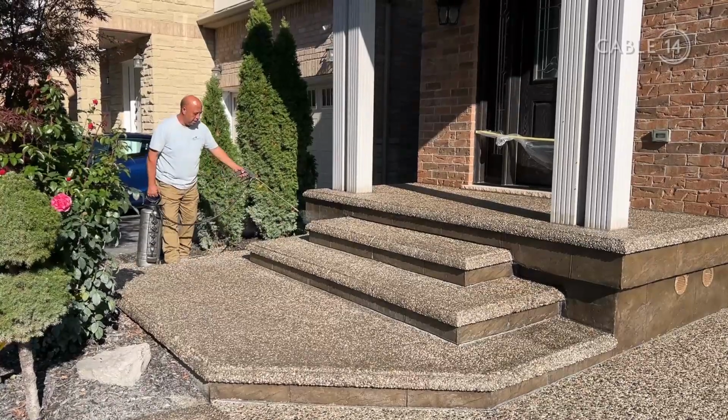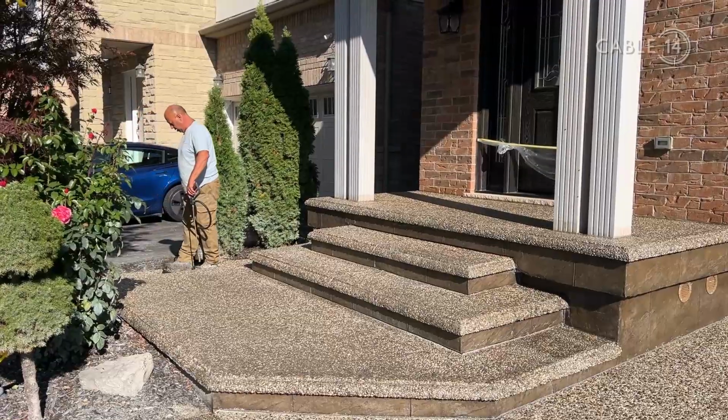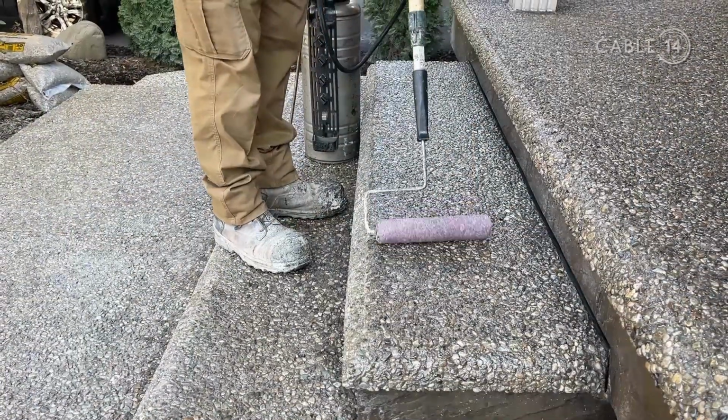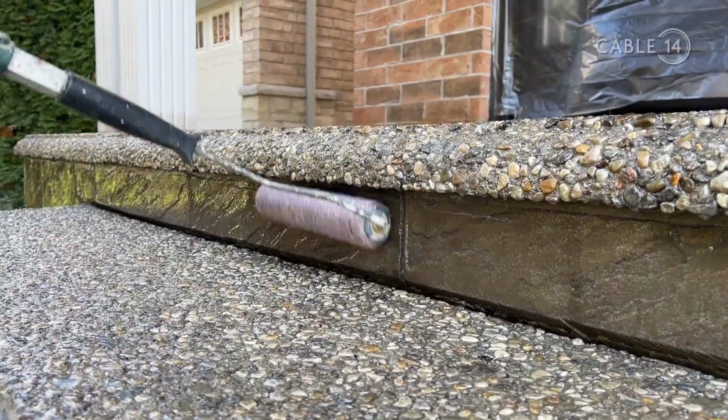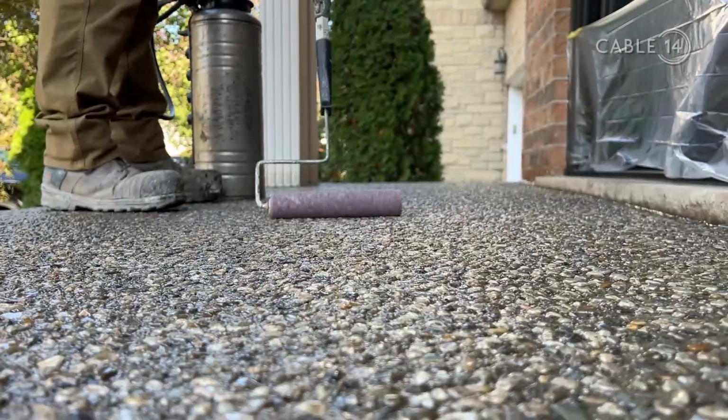Yeah, we're just xylene simply reactivated the existing. Yeah, we're just moving it around. And there's no worries then with adding sealer on top. No. Once it dries, it's going to be the same sealer that was there. It evaporates. Your xylene also did a beautiful job of pulling the cloudiness out of not only the old aggregate